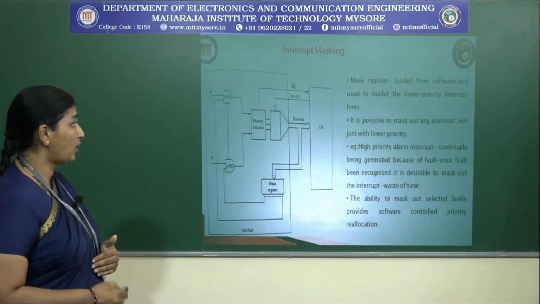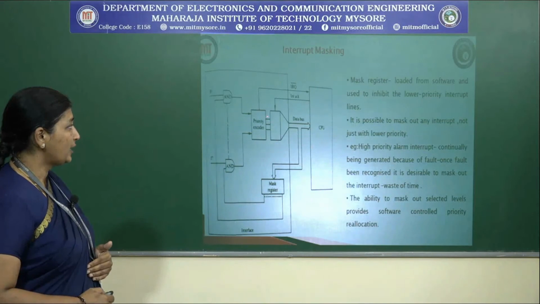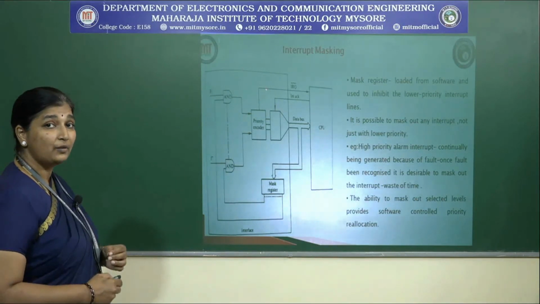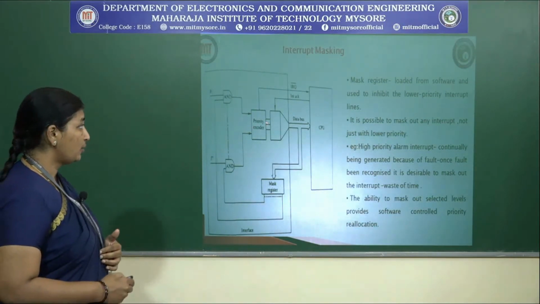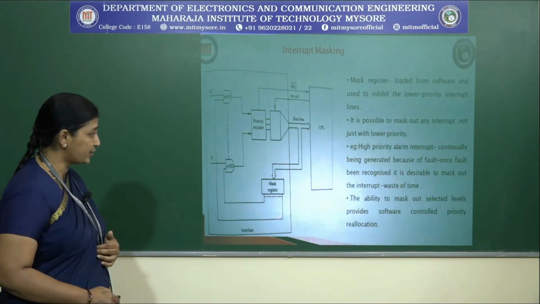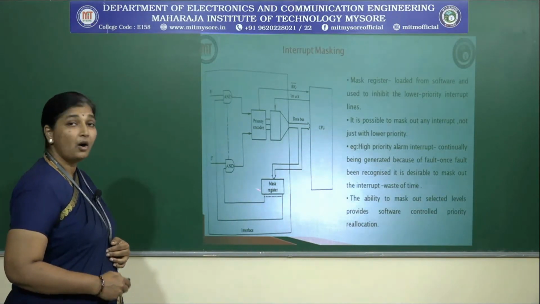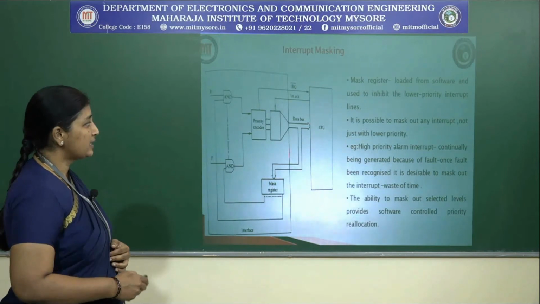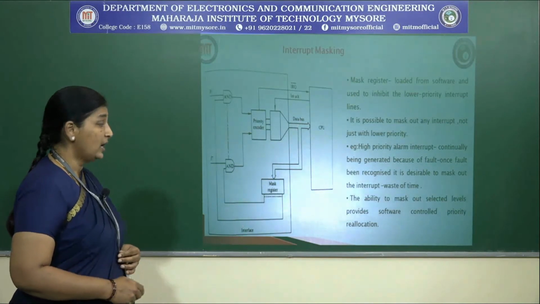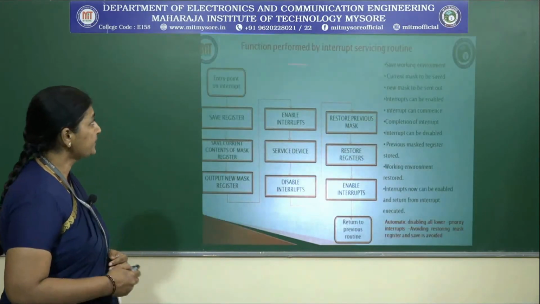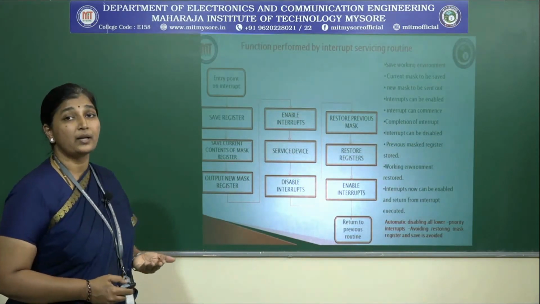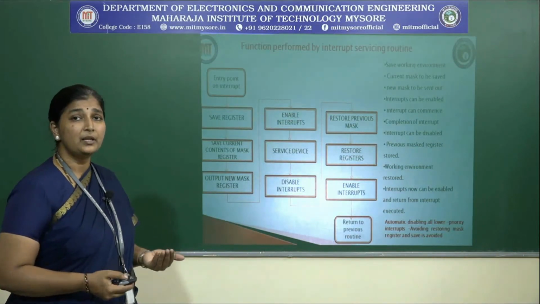How is that done? If you just see this block diagram, you have a CPU here, and you have a priority coder. These are the codes that will be set, based on which the lowest value will have the highest priority, right? Then you have AND gates connected to a mask register which will mask all the low priority signals. This is how the information in the IRQ is enabled or disabled based on the mask register. And then what is the actual program flow in a mask register? Because you have been told that a mask register is nothing but a simple software program.